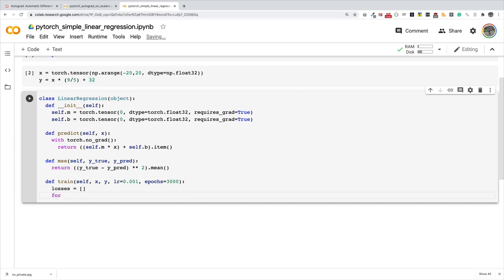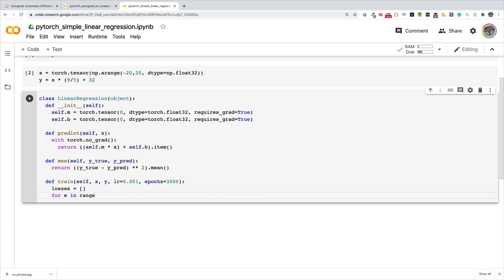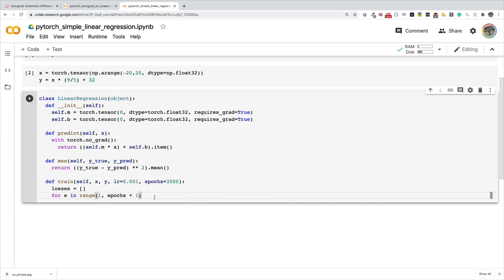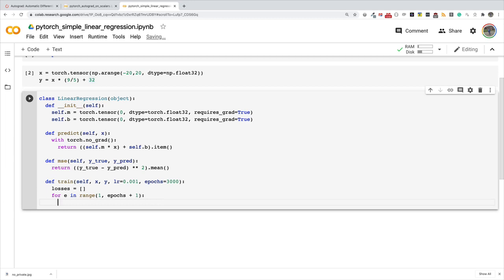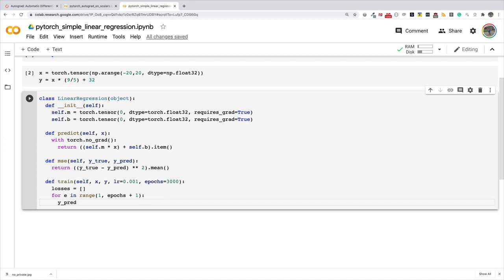Okay, so for that number of epochs, I'm going to say for epoch in range, I'm going to start from 1 to epochs. And because I'm starting from 1, I'm going to add 1 to the epochs that have been set, because ideally by default it starts from 0, but I want my output or feedback from the neural network to actually start printing from epoch 1. It doesn't make sense to see epoch 0. Okay, all right, so with this done, the next thing we do is let's make a prediction called y predict